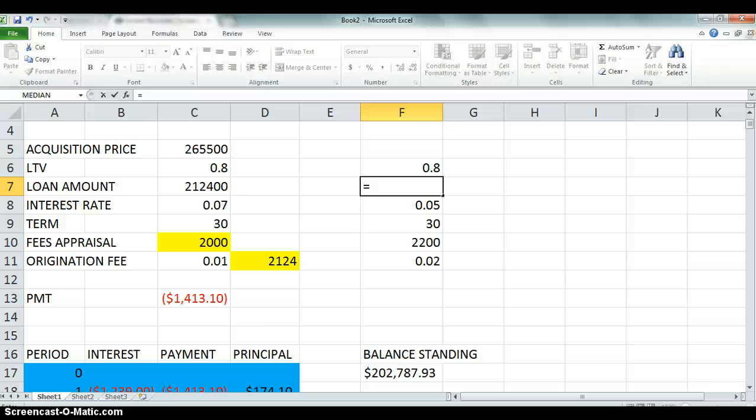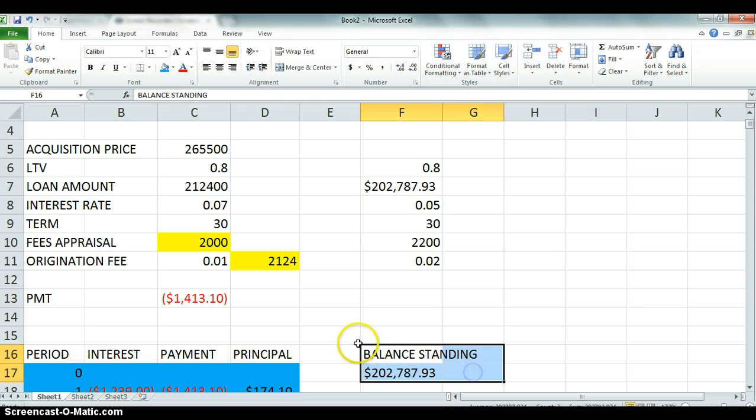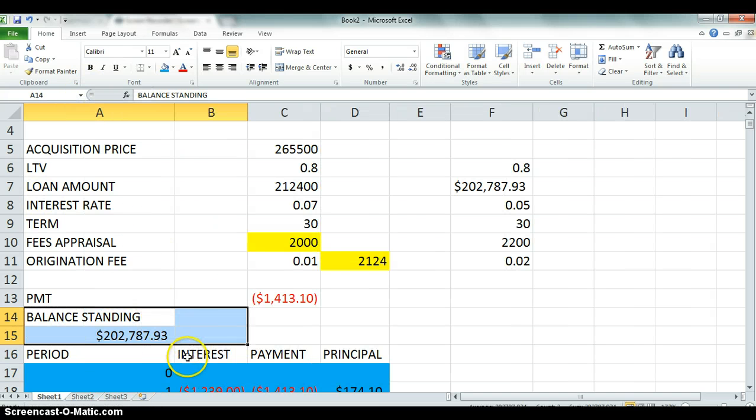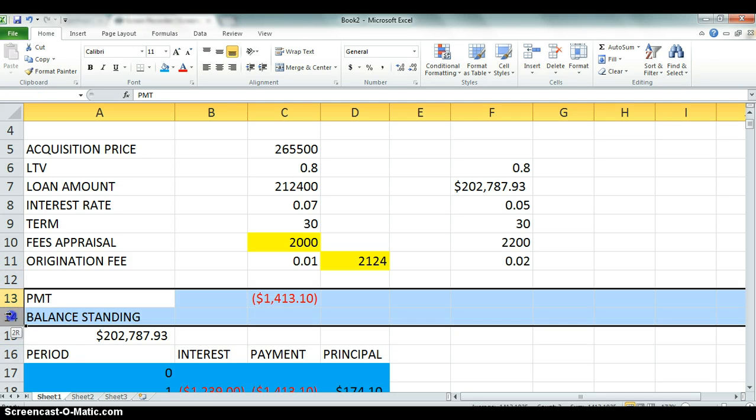Our loan amount will be equal to the balance standing, and that's exactly what we're going to need. Okay, so we're going to just move this balance standing box to here. Okay, going to add some